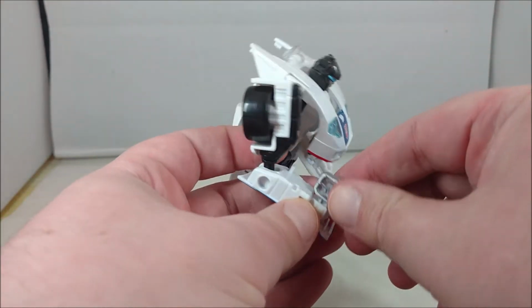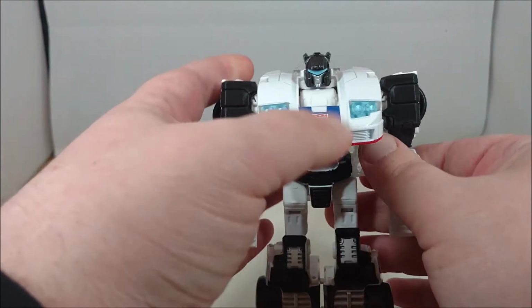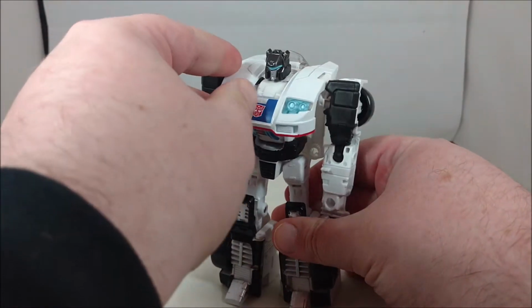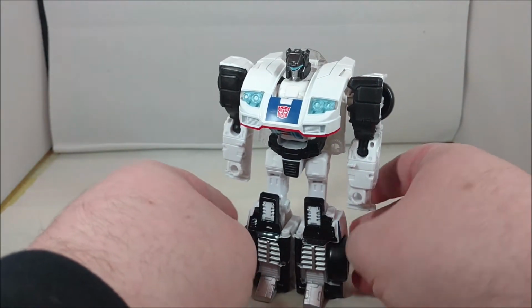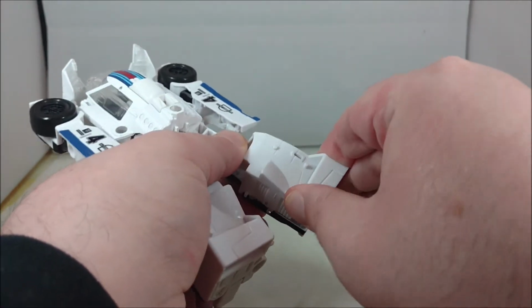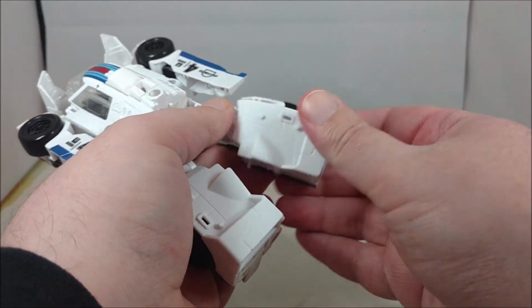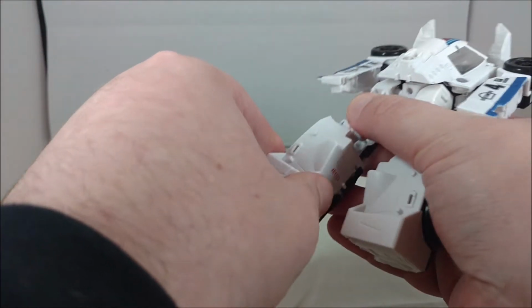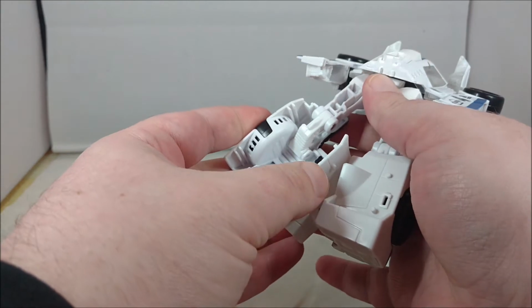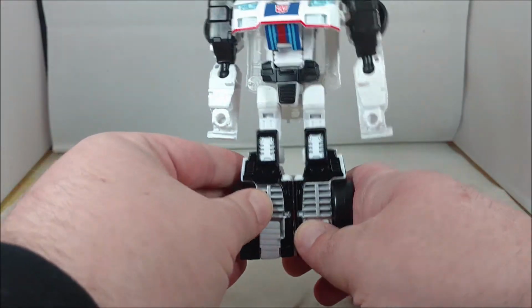Now, much like the Dinobots, I'm going to go through the transformation by showing you the limb transformation, because that will get us to the desired modes we want. So starting us off, we're going to start with the arm mode, because that's actually easier to get to from robot mode, much like the Combiner Wars. So you want to come around here, open up the back, flip the feet up. Yes, it is easier to flip the feet up with that back panel open, and I do also agree that opening the panel inward like that doesn't make for as smooth a transformation as it could be. So we're going to straighten that up, peg the legs together,